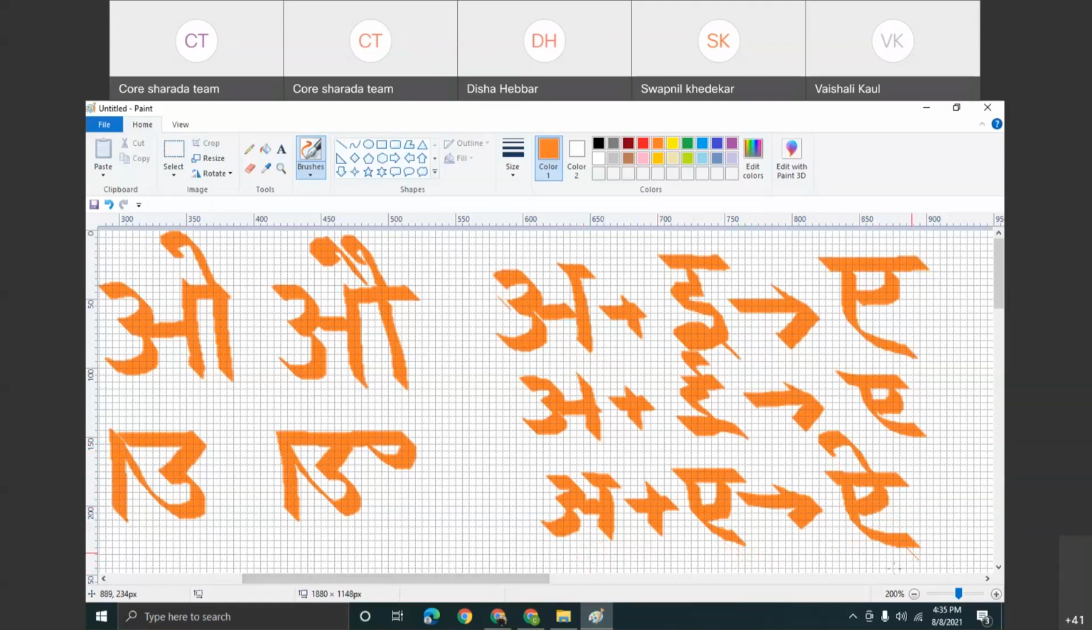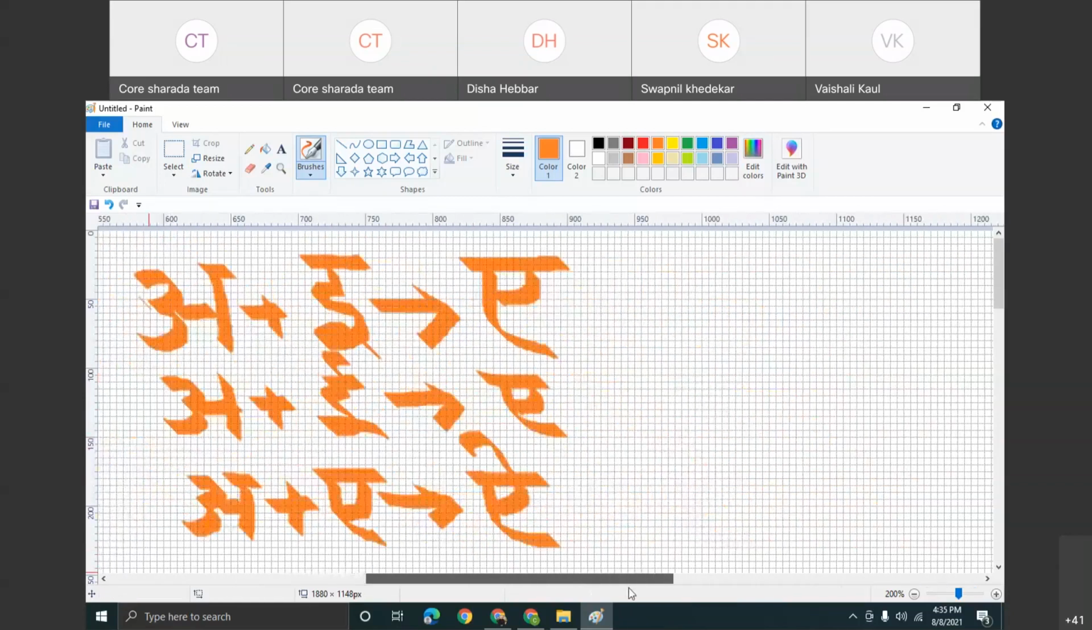So that is how the energy of consciousness, when combined with the energy of action, becomes more vivid, more solid, more stronger. Similarly, now if I have to do the same thing for O and Au,